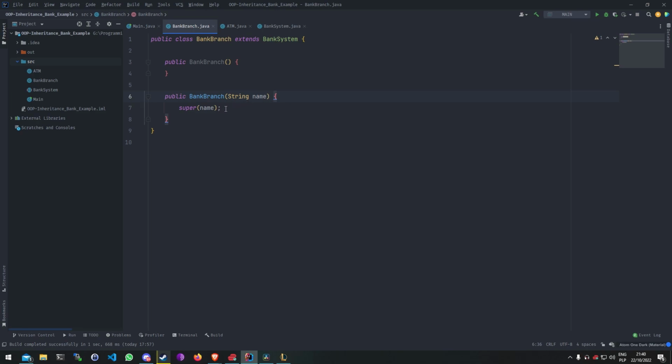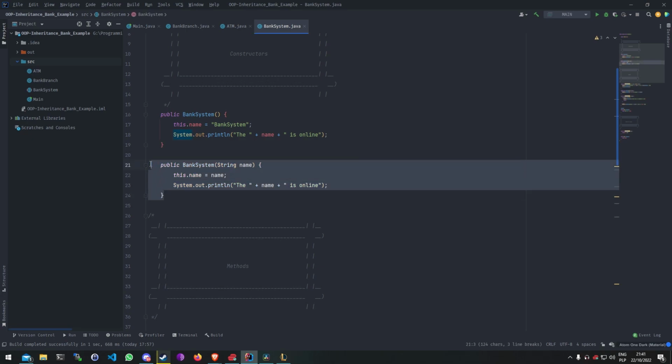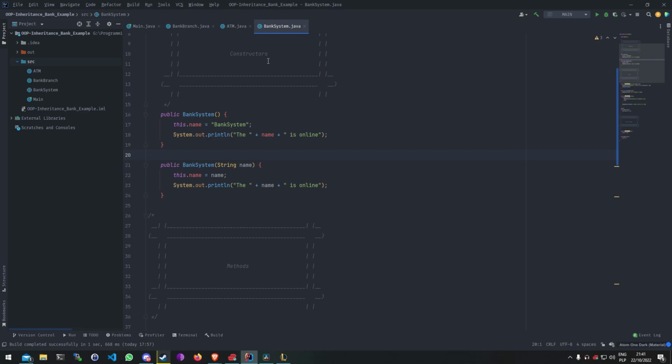The problem is, we want to use this behavior from BankSystem, right? We already have a constructor with the same signature. I mean, yes, it has a different name, but notice the signature is the same. And rather than write it here, it's better for us to write it in the parent class, because then when